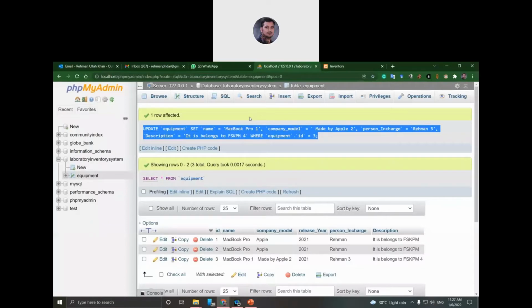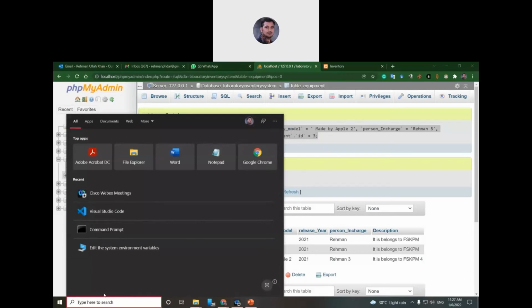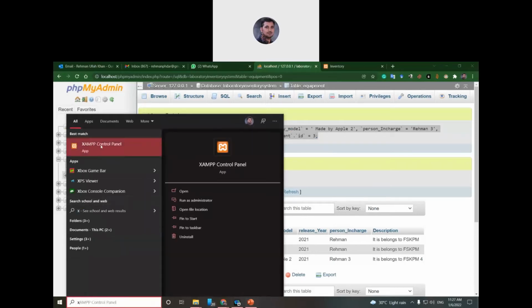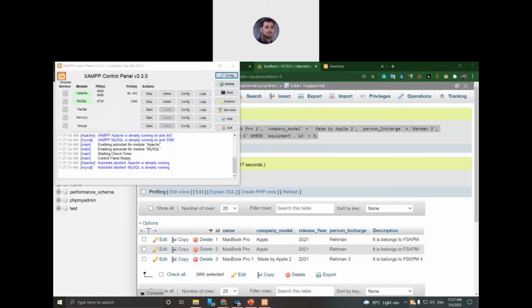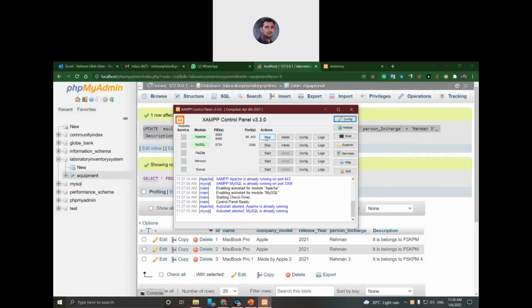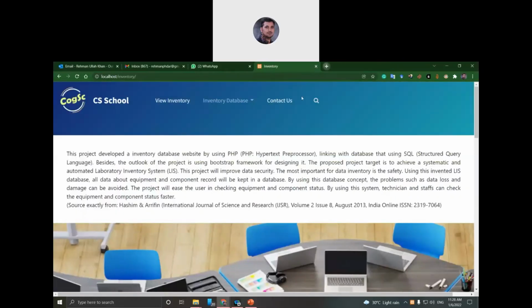So let's open MySQL. To open MySQL, you need to turn on your XAMPP server. You see this XAMPP control panel. When you click this one, it will come to this tray. Here it should be like this. If your Apache and MySQL are not started, you click the start button. In my case, it is already running, so you see there is no start, it is stop. So it must be running in the background. When it is running in the background, let me show you from the very beginning.